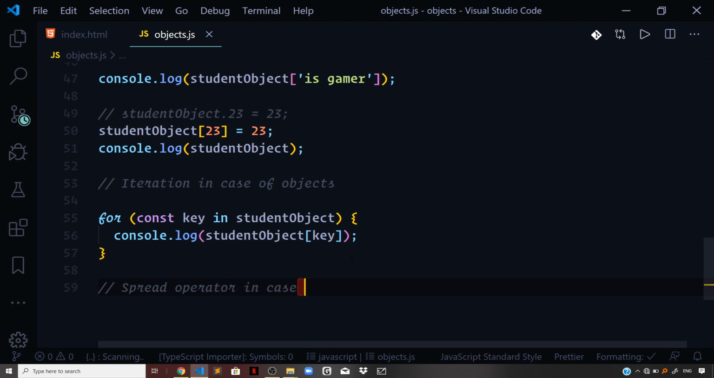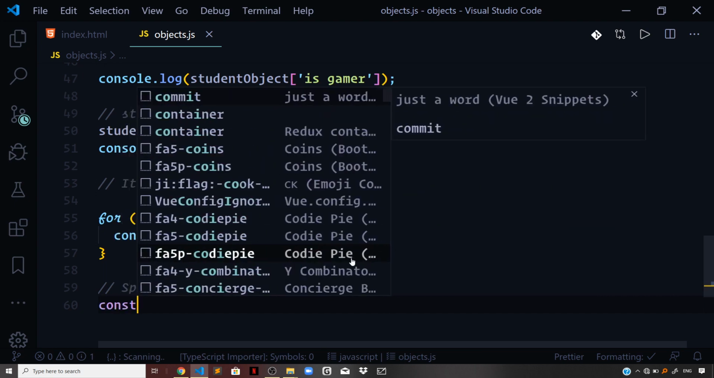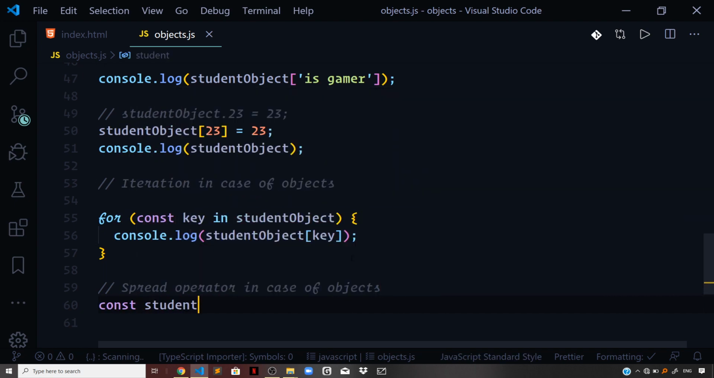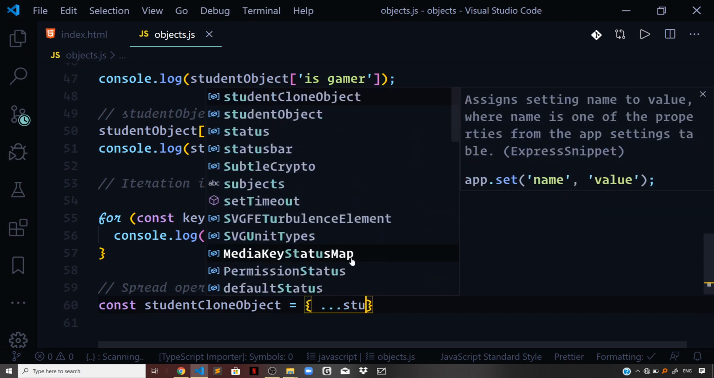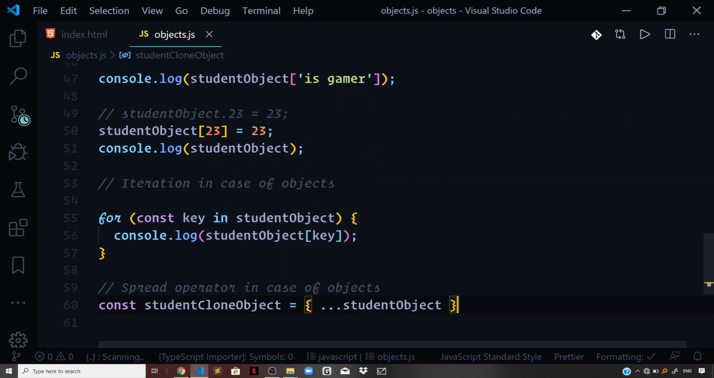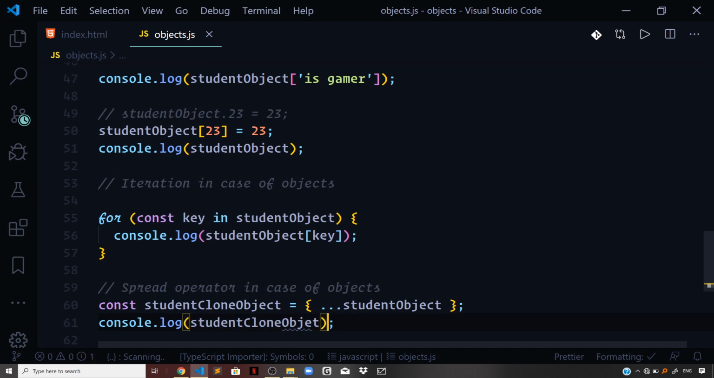Spread operator in case of objects. Const student clone object, and use the spread operator again, the 3 dot syntax and the student object. And if I now log the student clone object to the console,